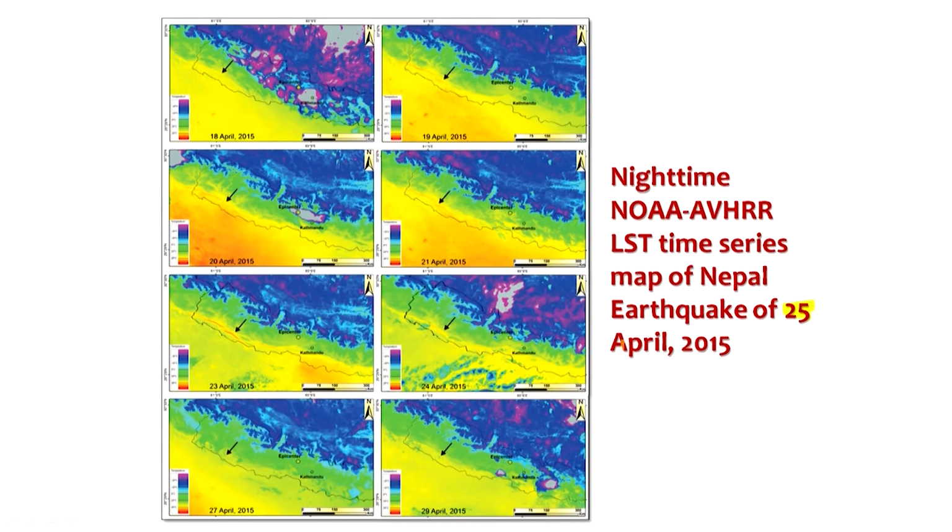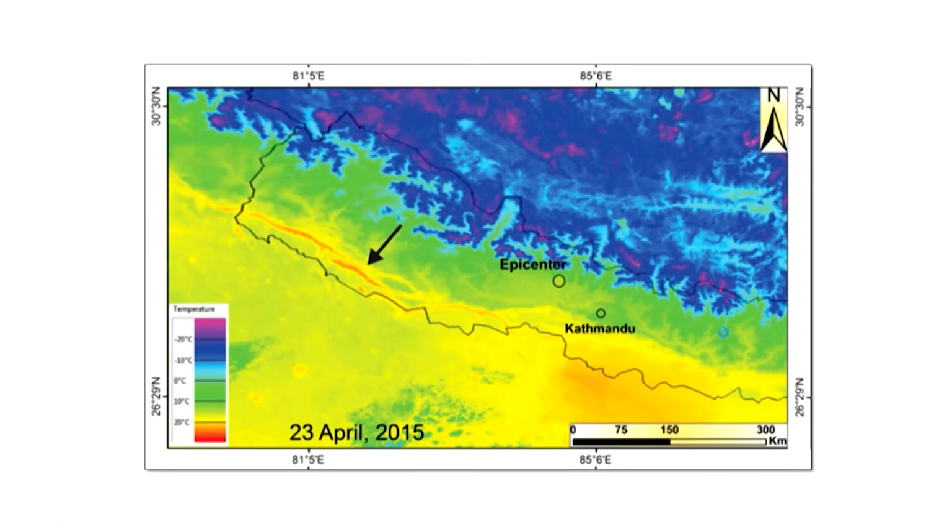The surprise and satisfaction to us was that it truly also happened in the case of the Nepal earthquake. As you can see for this Nepal earthquake, the first one of 25th April 2015, the anomaly appeared in almost the same way as in the case of the Chamoli earthquake. And you can see in the large view, all along this Himalayan frontal thrust, the thermal anomaly appeared and again disappeared with the earthquake, or for some time it remained there, and not exactly like the typical pre-earthquake thermal anomaly in other cases which we have seen.